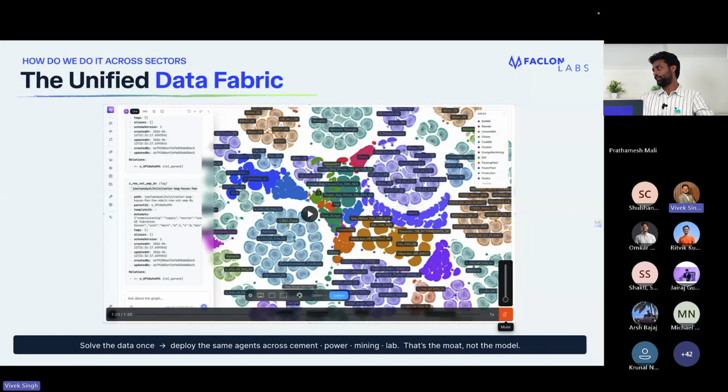So the moat is not the model, but actually how we structure and contextualize the data and save it in a format where we can seamlessly expose the LLM models to access this data and then finally take actions. Definitely. The structuring, the organizing, that is the main thing that is needed, because the more prepared the data set an LLM has, the more it can inject those insights in a focused manner.